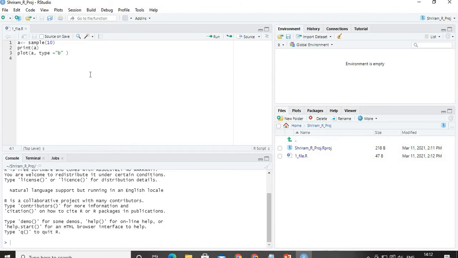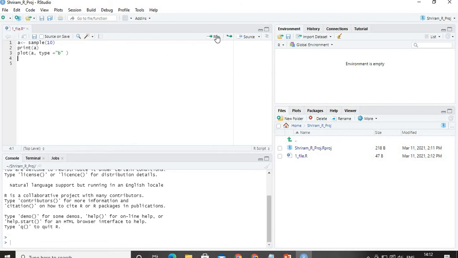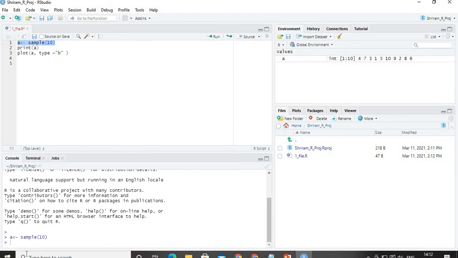Now how do we compile it, sir? Can we go ahead and press this run button? You can see that here nothing has run, because there is a specific thing that you need to understand in this. You got to select and you can run. When you do that, you can see that A = sample of 10 is run, and console gets the update, and you can see the environment list getting updated here. A has got integers, and 1 to 10 random numbers are displayed here, and that's how you get it.